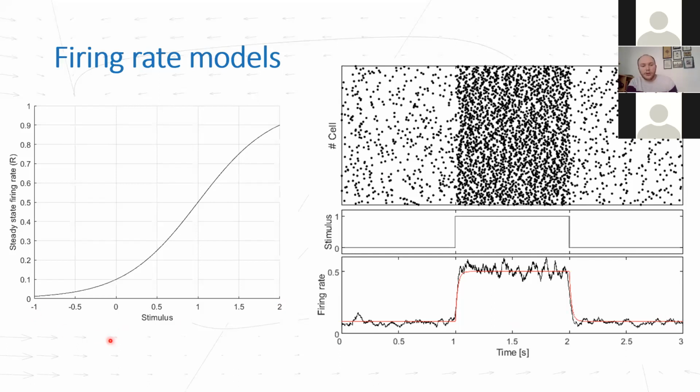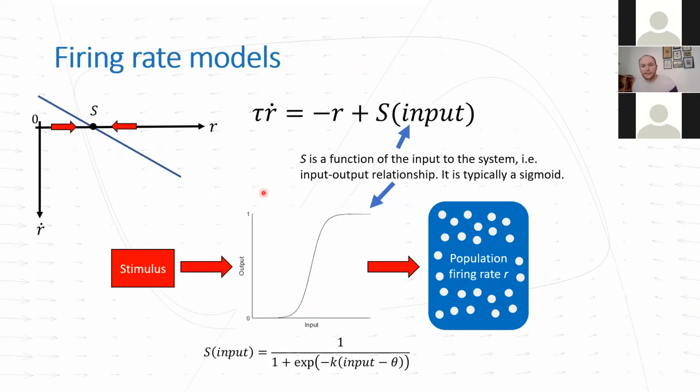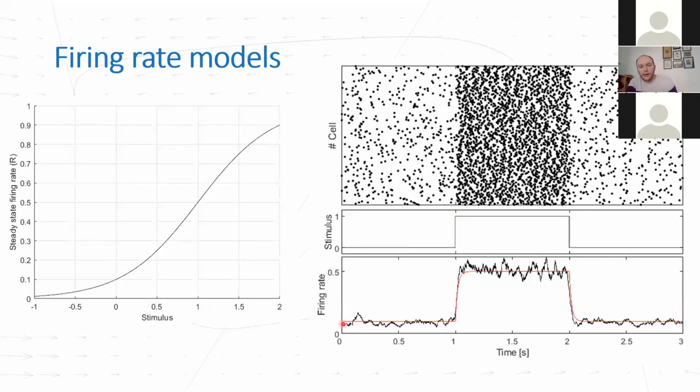So the sigmoid function, the input-output relationship of this model, of these neurons, looks something like this. You can see that when the stimulus is 0, the firing rate is 0.1, and when the stimulus is 1, the firing rate is 0.5, and so on. Now, if I go back and simulate this equation, this is shown in red here, and you can see that we get dynamics that largely match the firing rate